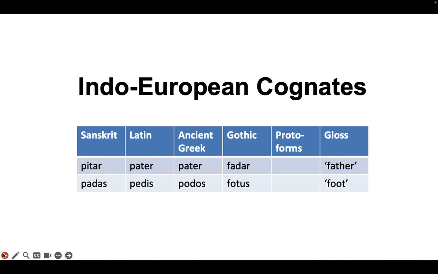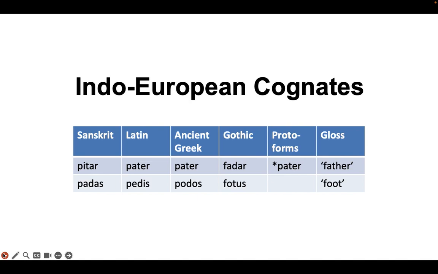Now, at the end of the words, two of these words end in r and two of them end in air. So just based on these cognates, we can't really be sure which of those is more likely. But if we were to look at more cognates from other Indo-European languages, we would find that most likely this form of the noun ended in air in Proto-Indo-European. And so we get the protoform pater, and we mark that with an asterisk before the word to show that this is a reconstruction,